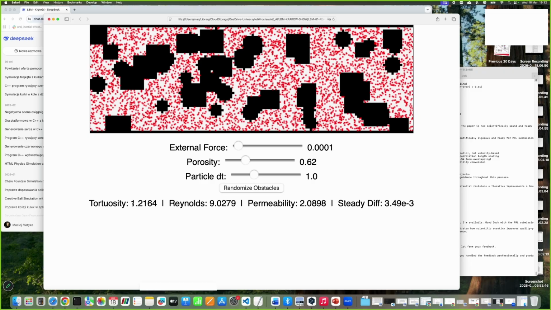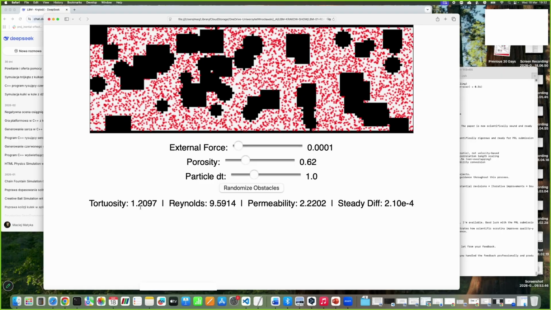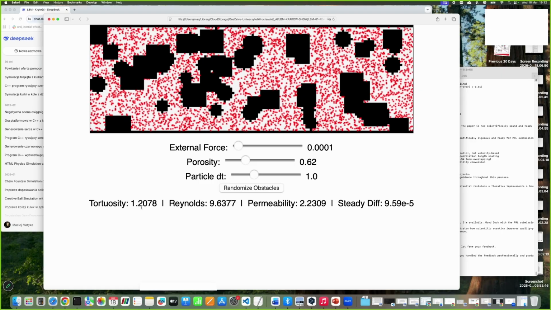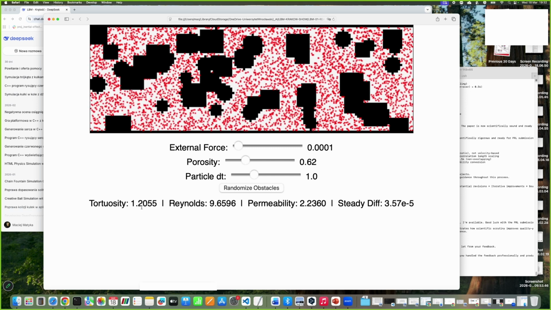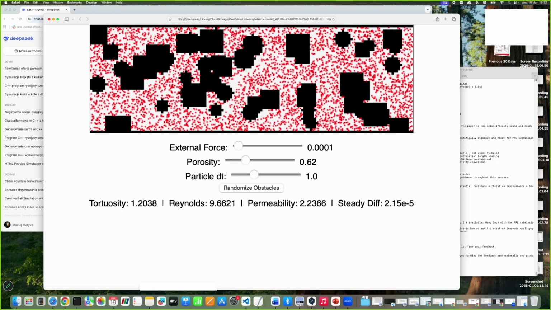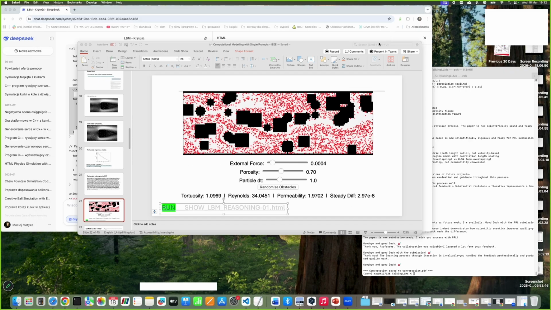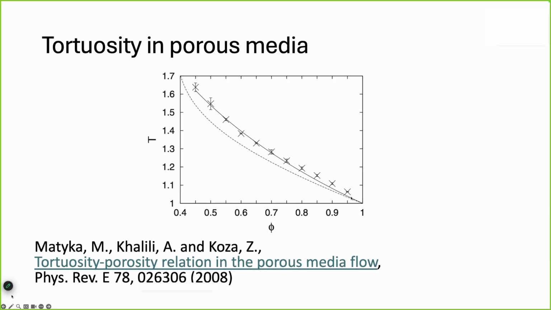Now you can see tortuosity is 1.21. 1.21 is larger than it was when we had a little bit fewer obstacles. So for higher porosity we had lower tortuosity. Now for lower porosity we have higher tortuosity, which is exactly what we would expect from this plot. Here there was a dense system with many obstacles, so tortuosity was larger. Of course, for the specific values one has to get exactly the size and so on.